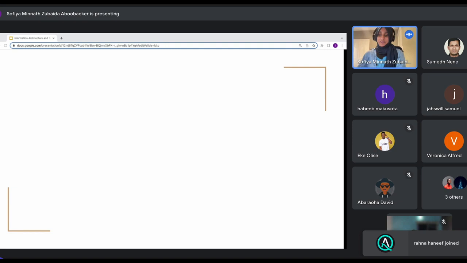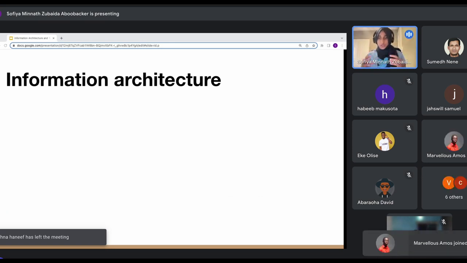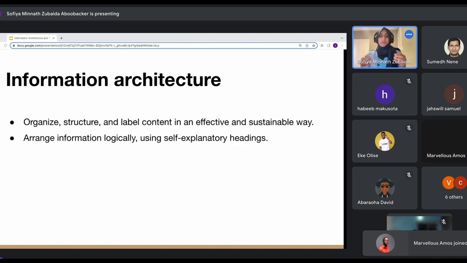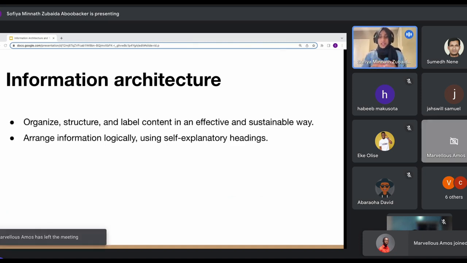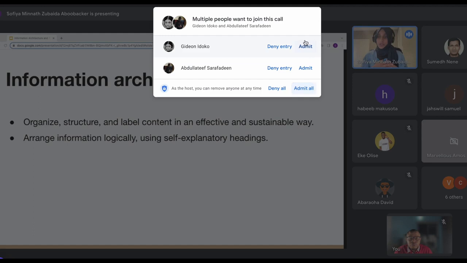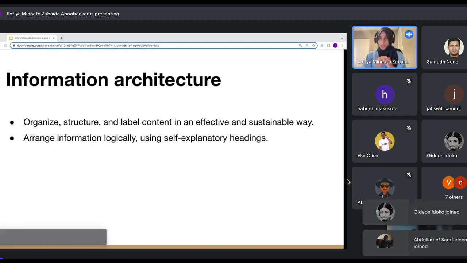We'll move to our first topic, information architecture. So what is information architecture? It's about making the content usable and readable. First and foremost, it's very important that you know your audience, who your audience are, and who will be using the content. And then based on that, you arrange your content in a logical, structured way, giving it proper